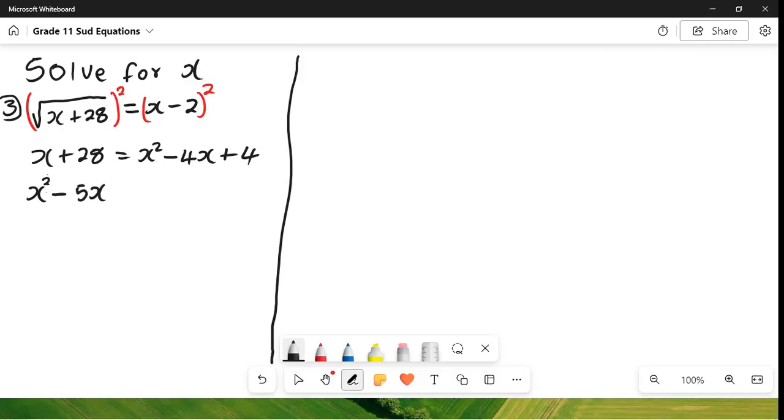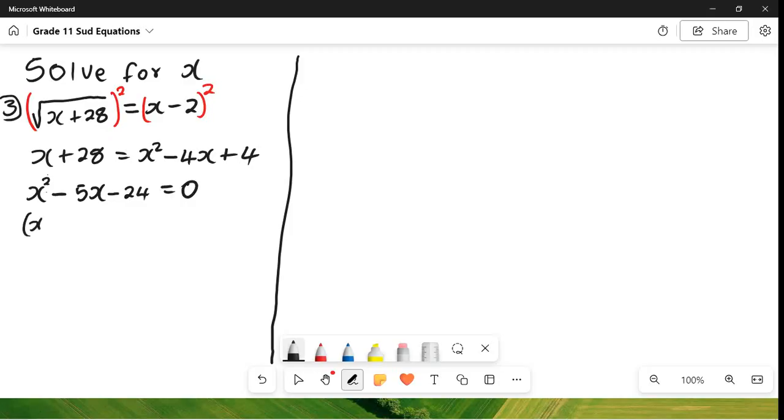And this time I need to calculate it right in my head. 28 transposing to the other side is going to be minus 28, and positive 4 minus 28, we've got minus 24. We're equating everything to 0,